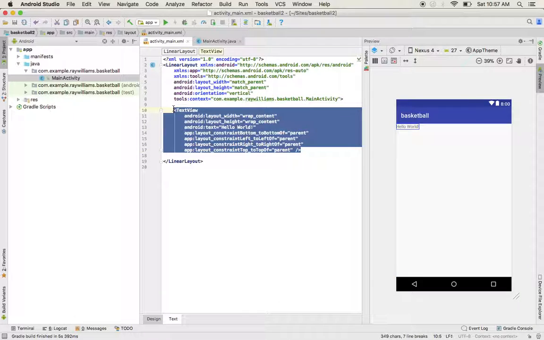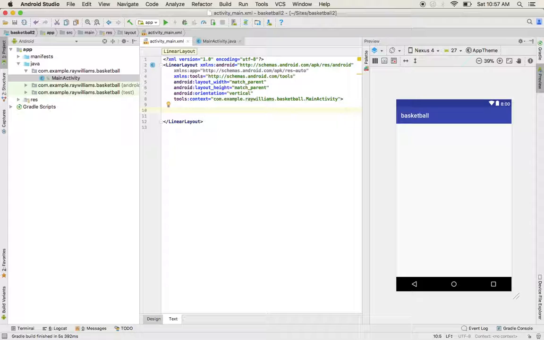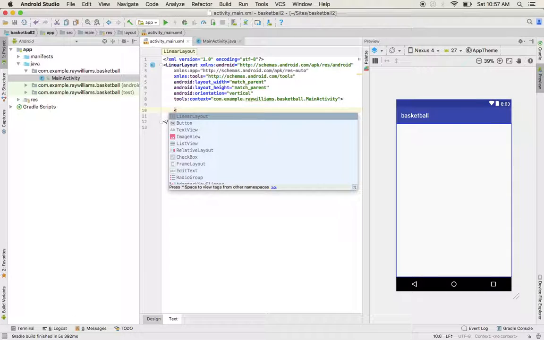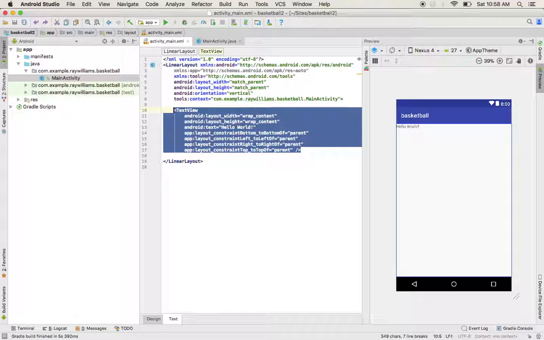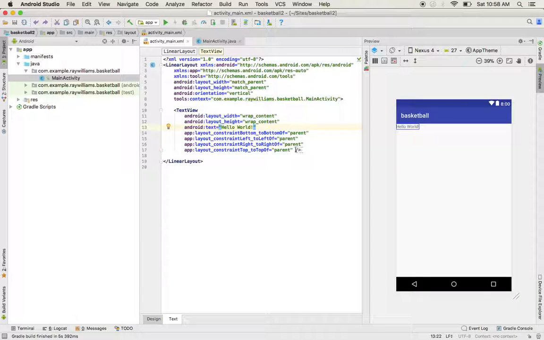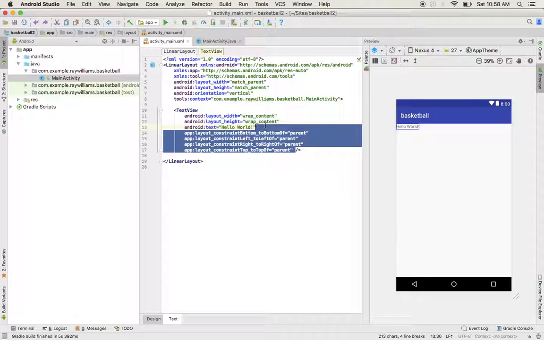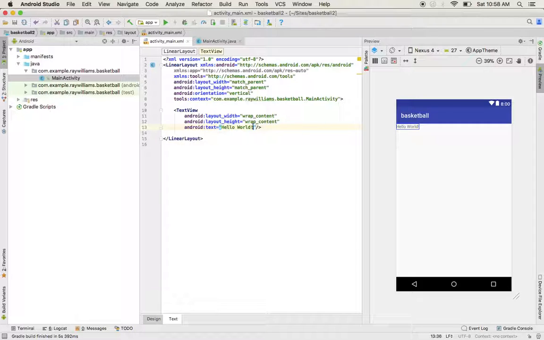We're going to get rid of this text view. Now what we're going to do next is we have to display points to the user. So you know what, let's bring back that text view. But let's get rid of some of the stuff in the text view that we don't need. And we're going to get rid of this text here. We're going to give this a text of @string/0,